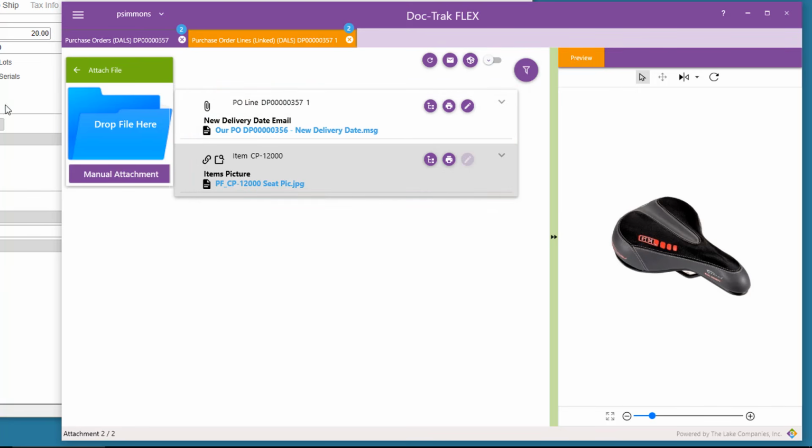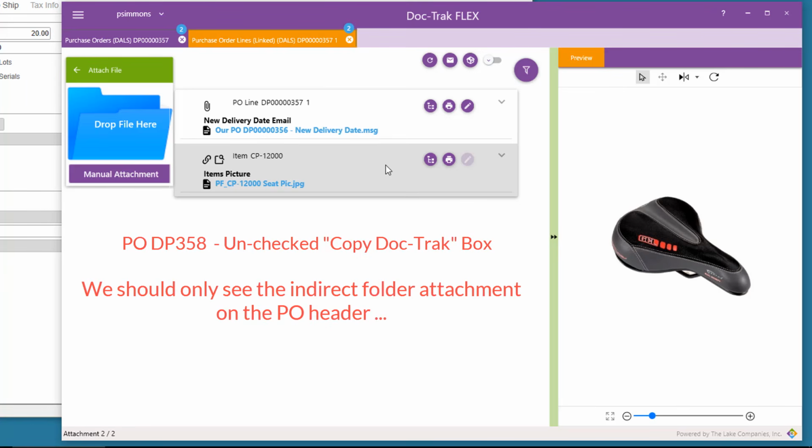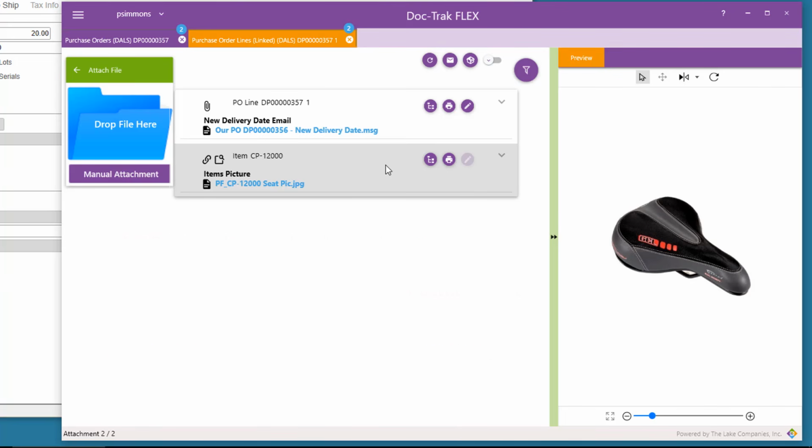Now let's talk about what we expect to see with the next PO, the one that we created, leaving the Copy DocTrack box unchecked. Since we didn't expect any of the direct attachments to be copied, we should only see the indirect folder attachment on the PO header and the virtual attachment on the PO line.